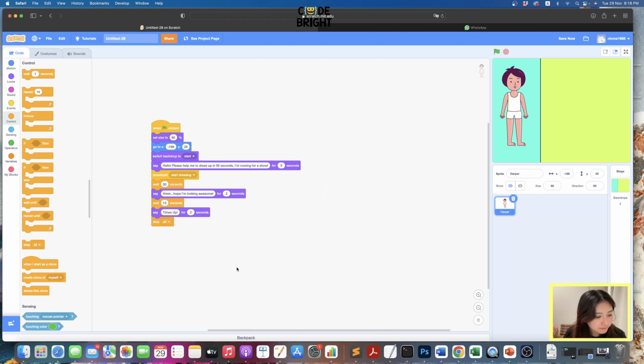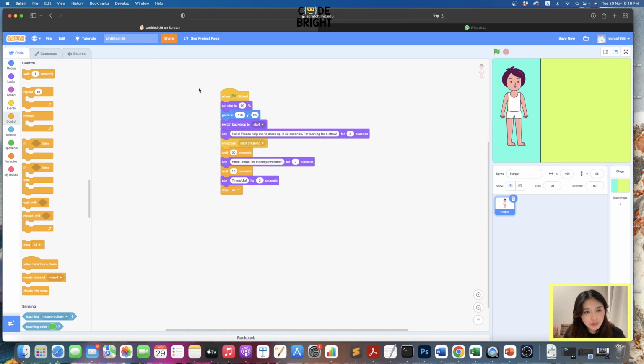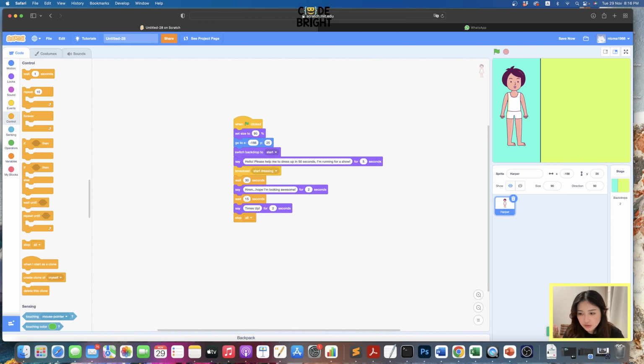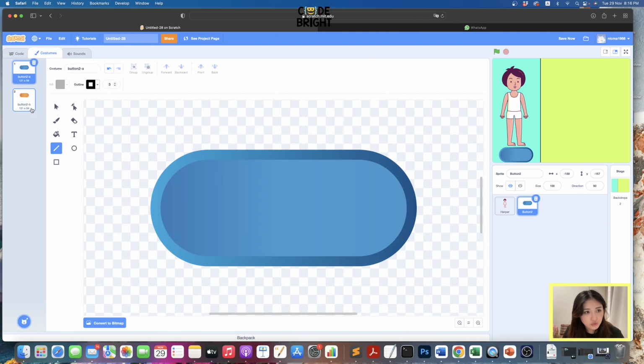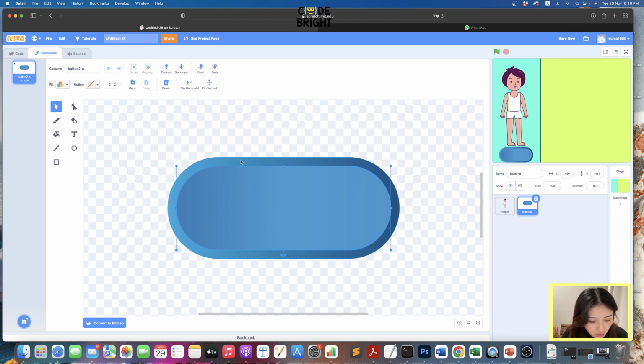Okay, next, we are going to do a button below, right? So the button will be another sprite from the sprite library, and you might need to design the button and text a bit. So you need to go to the button costume. For me, I'm a bit OCD, meaning that I don't want unnecessary costumes that I don't need. Select the tools and make sure you select all the things,